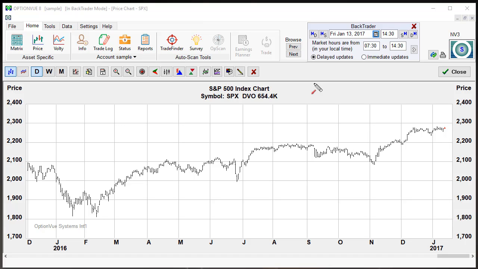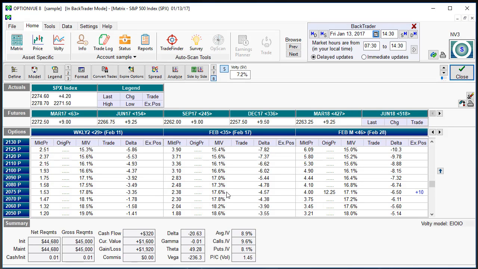Let me just zoom in. We opened it up right around in one of these candles here. So I know we never got down to 2075. Now we're up, fairly decent profits. 1920 divided by 44,680. We're up about 4.3%. So we're not quite to our target profit of 2,500,